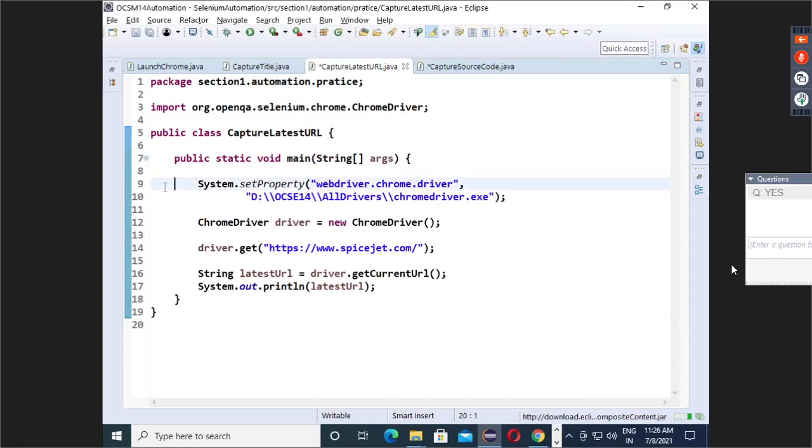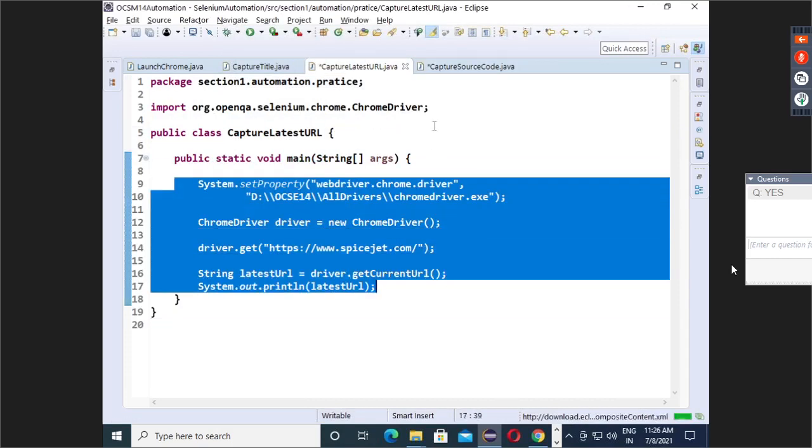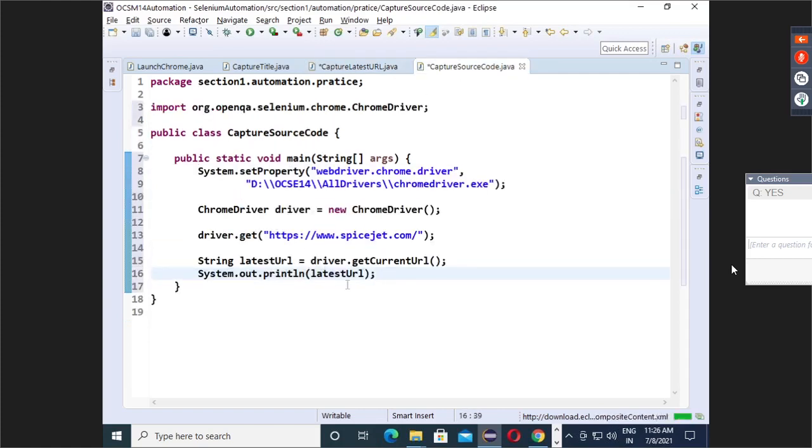Now I will copy the same code up to this. Instead of getCurrentUrl, to capture the source code you have the getPageSource method. It will give you the source code, so print the source code.